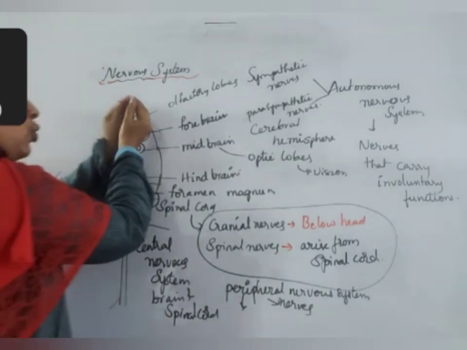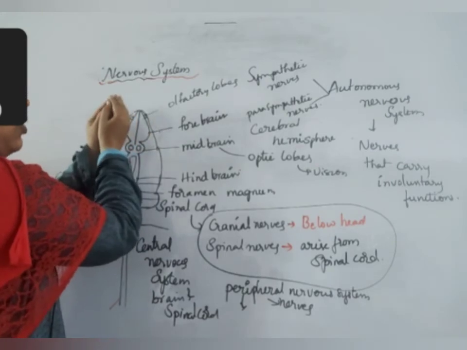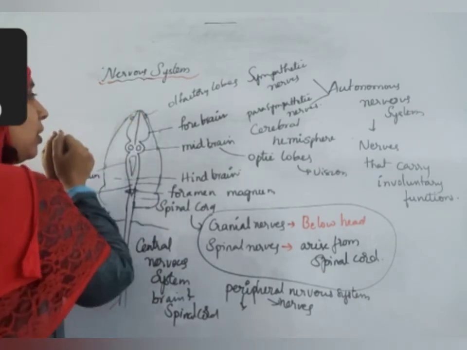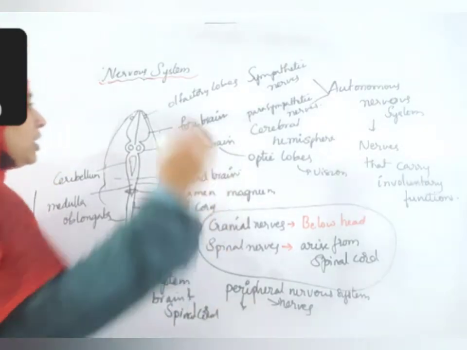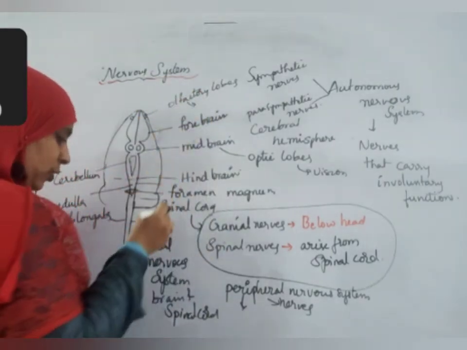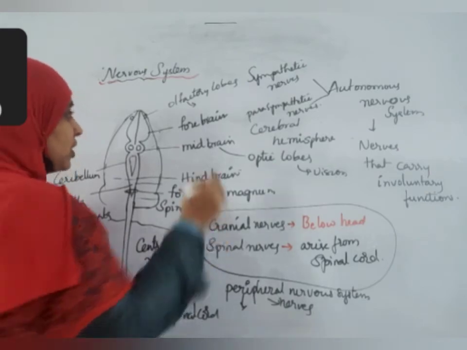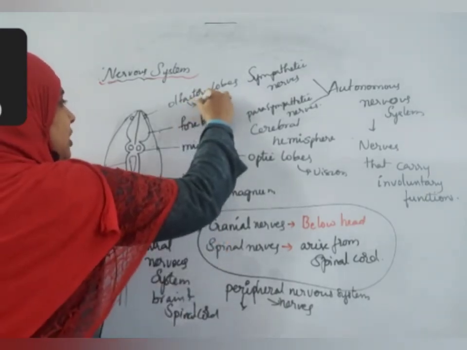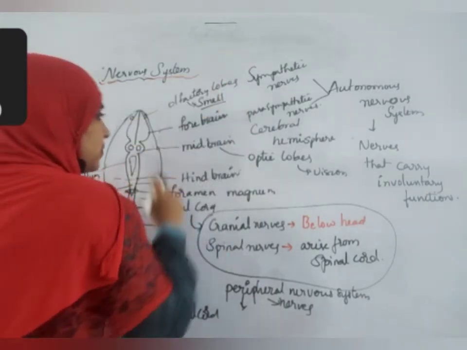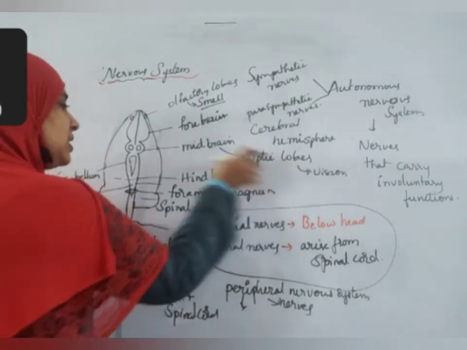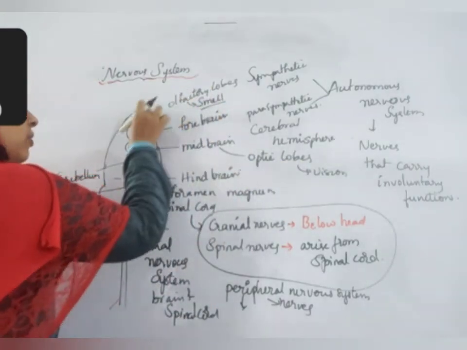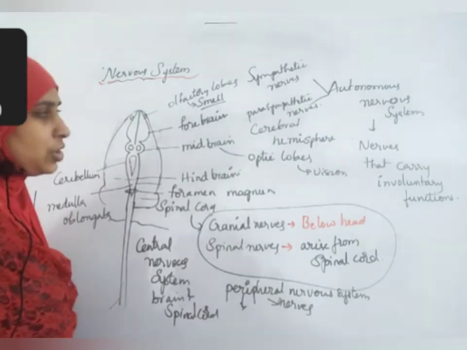It is divided into two hemispheres. Like this, you can open, two hemispheres will be there. In front of them, olfactory lobes are there. What is the function of olfactory lobes? Their function is related to smell. Okay, the part of the brain which coordinates vision is the midbrain, smell is the olfactory lobes, right?